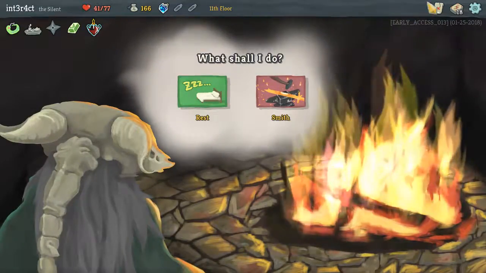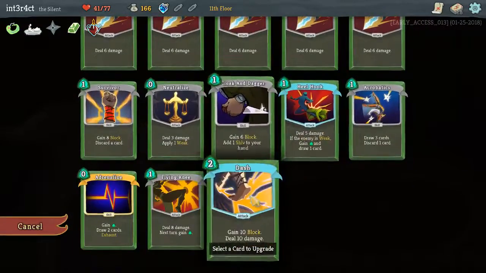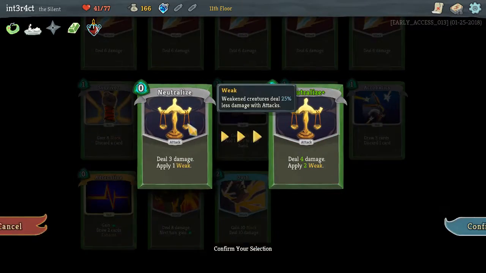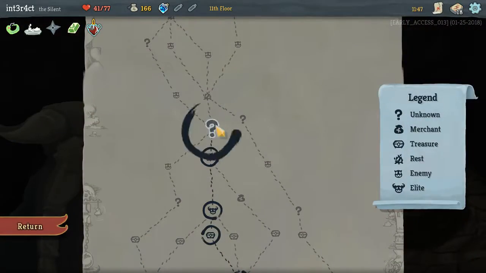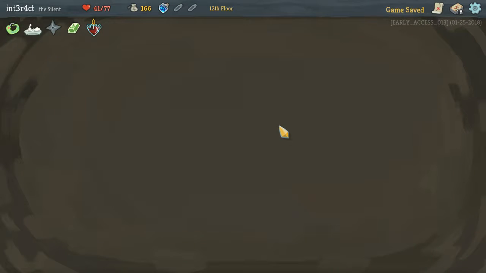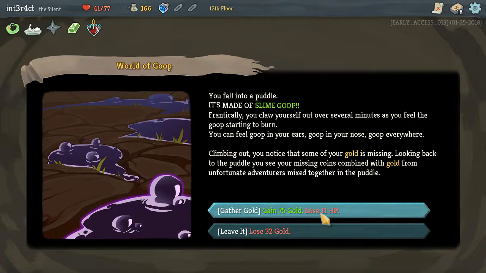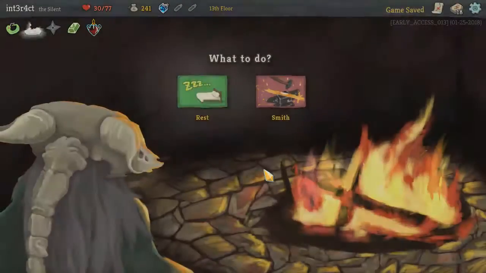Alright, do we want to rest here? We have a question mark afterwards. We're going to Smith. Dash is, I think, actually a pretty good card. We're going to upgrade Neutralize, because it's an even better card. The Goopity Goops. Give me the gold. There's obviously no merchant coming up, but...